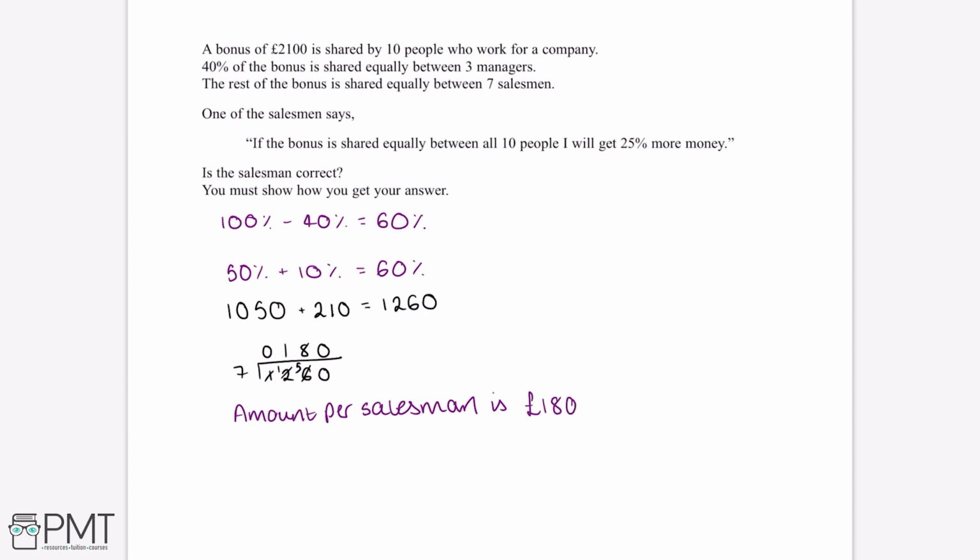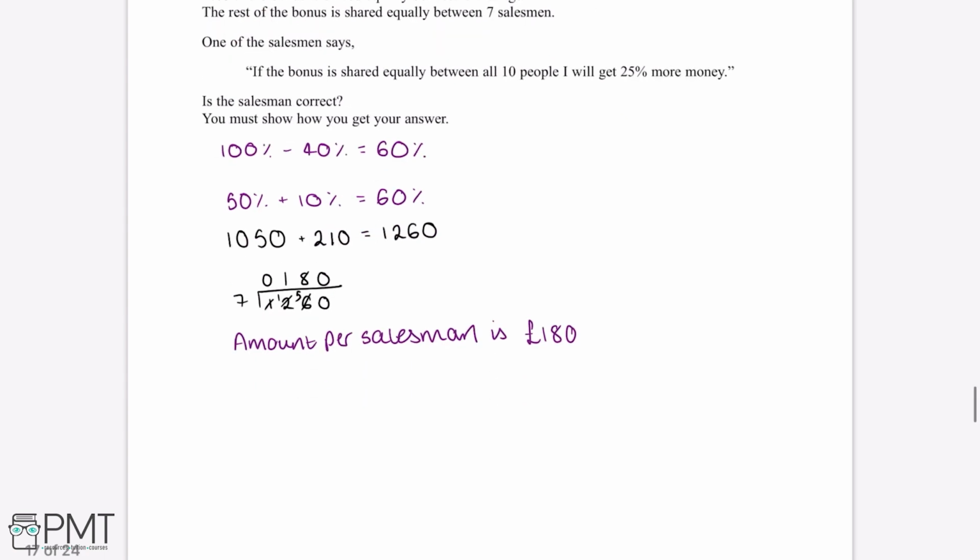So the next thing we'll need to do is work out how much money each of the salesmen will get if the bonus is shared equally between all 10 people. So if the bonus was originally £2,100 and the bonus is being shared equally between all 10 people, then we'll want to divide 2,100 by 10. And this gives us £210. Now we want to work out whether 210 is 25% more than 180. So in order to do this, we can work out